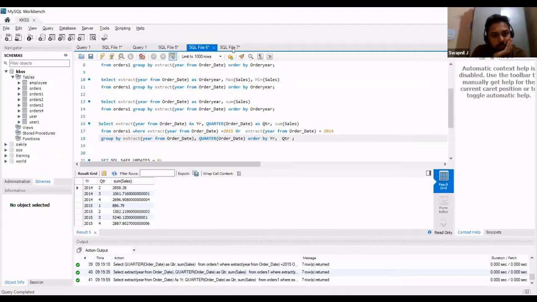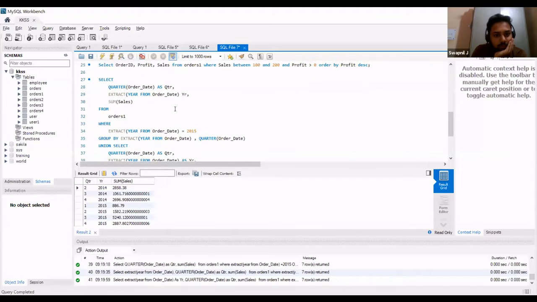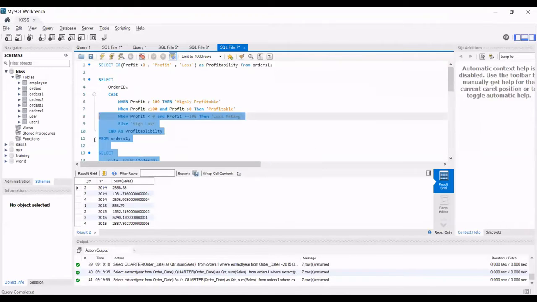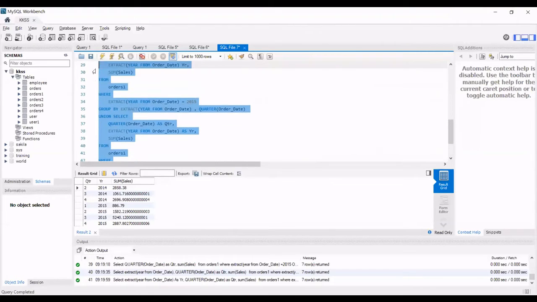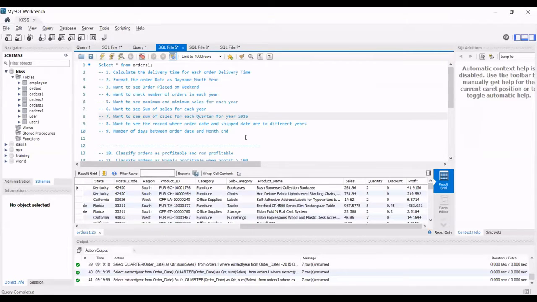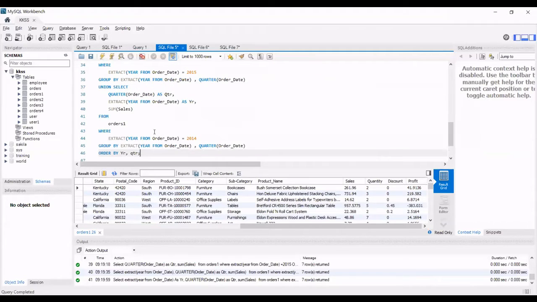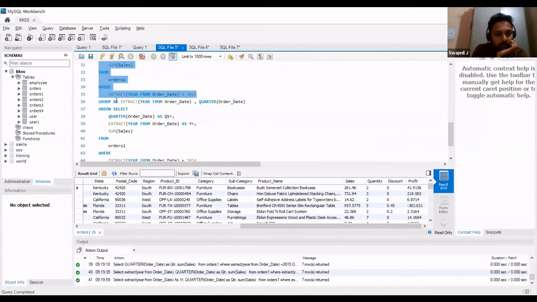So if you are going for a union, what I am doing is I am first finding the first quarter of 2015, just doing a group by.